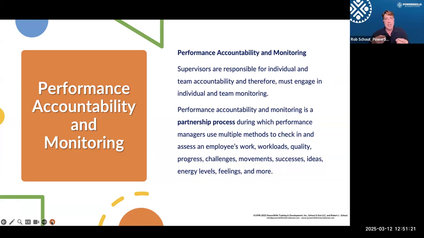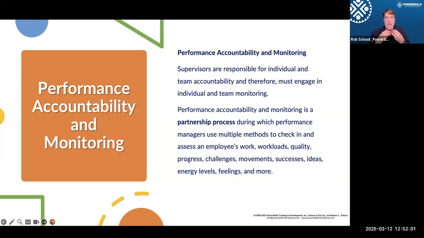Teams also do it. So we create during team meetings and sometimes from peer to peer on teams, partnership accountability and partnership monitoring and team accountability. But it is a partnership process. It should not just be one direction because what we're trying to do is account for, meaning we as managers or the employees or an entire team, account for the methods that are being used, account for work that's being done, or workloads that are being balanced, or quality or progress, even small micro movements and progress.